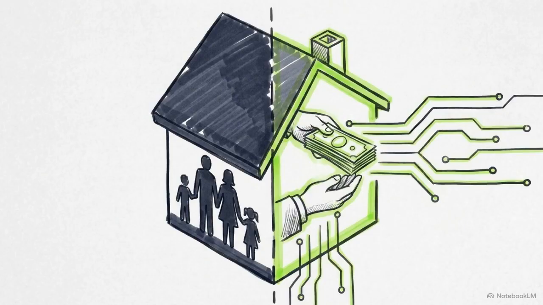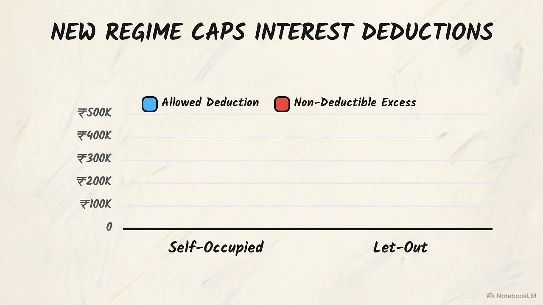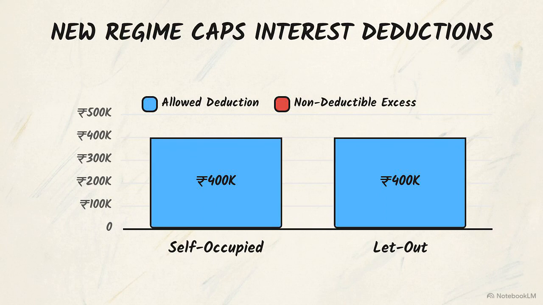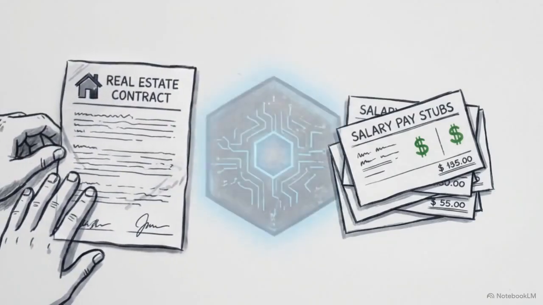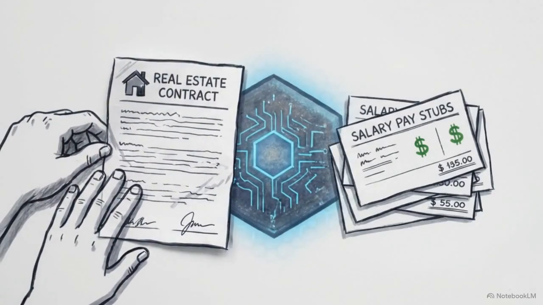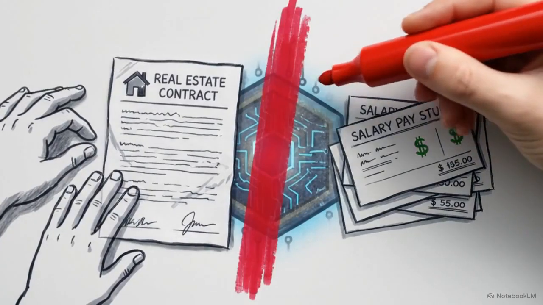Next, navigate to the House Property Schedule. This section is used to report rental income or to claim interest paid on a home loan. Under the new regime, if the property is self-occupied, the home loan interest benefit is removed. The deductible amount is 0. For let-out properties, interest deductions are capped at your total rental income. Any excess interest cannot offset other income. These rules mean that under the new regime, real estate investments can no longer be used to generate a tax